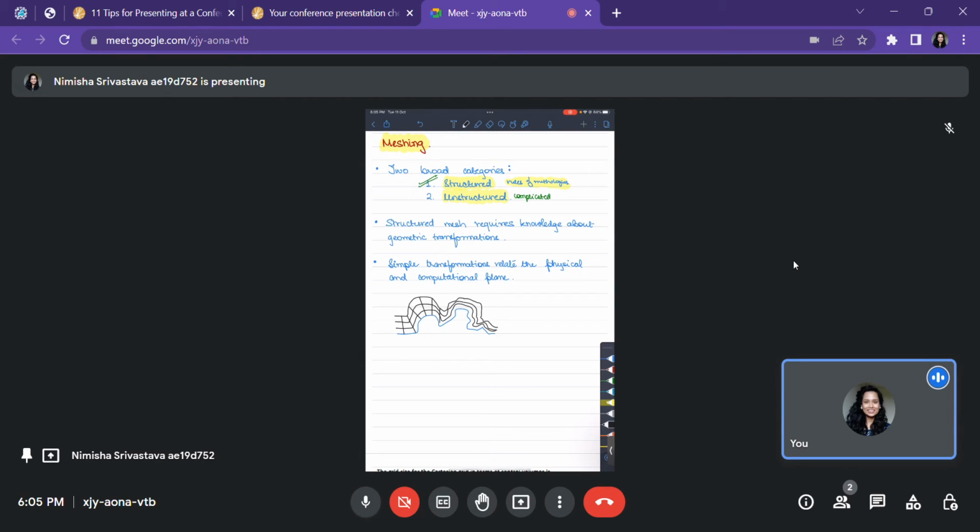But your job doesn't finish over here. When we have this kind of a mesh, it needs to be transformed into a computational plane, which is an imaginary entity, wherein what you need is basically a square. I've drawn a rectangle over here, let's just make it into a square. It's not necessarily always a square, but basically you want something that